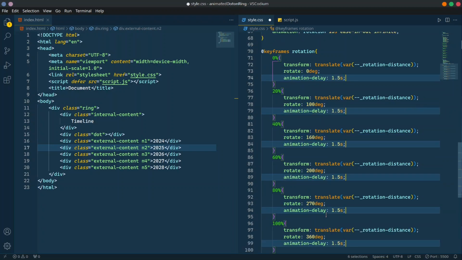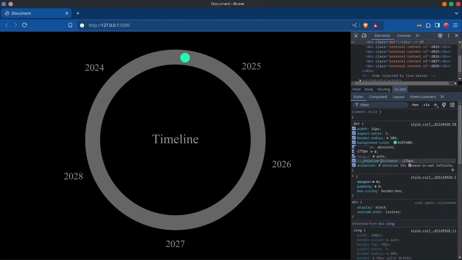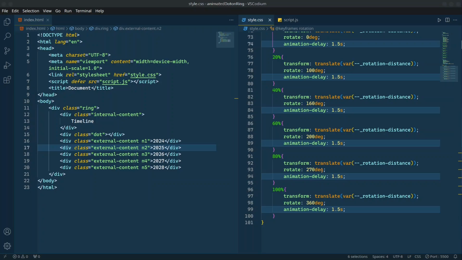I have added a delay of 1.5 seconds in our animation steps, so it's working. Now I will tweak the angle of animation steps as needed, and then we will come back.